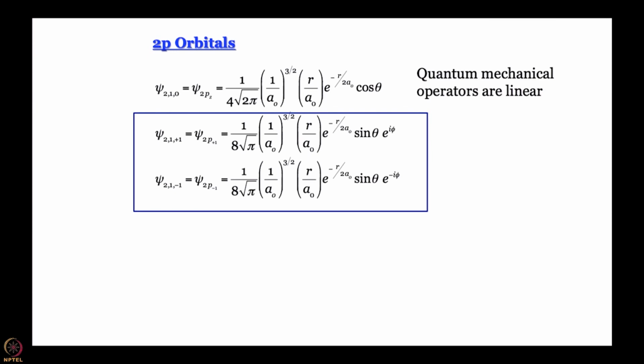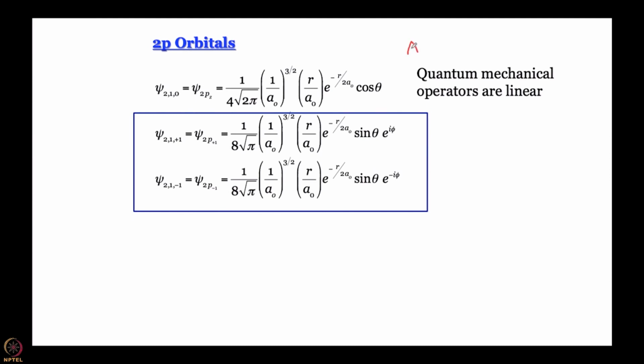This is the meaning of an operator being linear. Also, A hat operating on psi 1 plus psi 2 is equal to A hat operating on psi 1 plus A hat operating on psi 2. Since we have said it quite some time ago, why do not I just write it once? Let us say I have some operator A hat